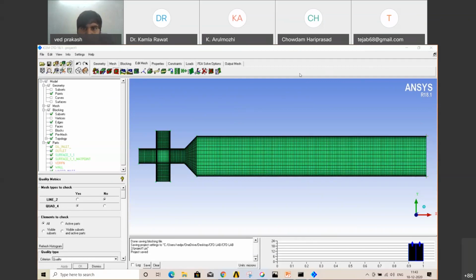Now in the function tool, in the last section there is an output mesh, which I have already discussed in the last session. We want our mesh in .msh format. So the first section is select solver.